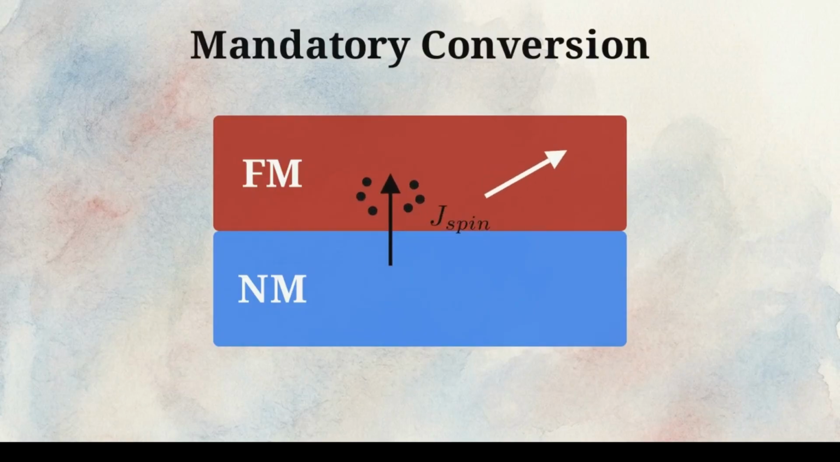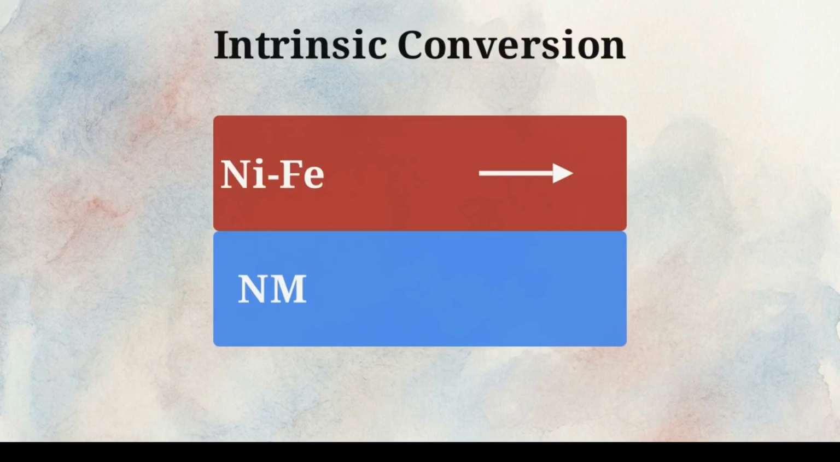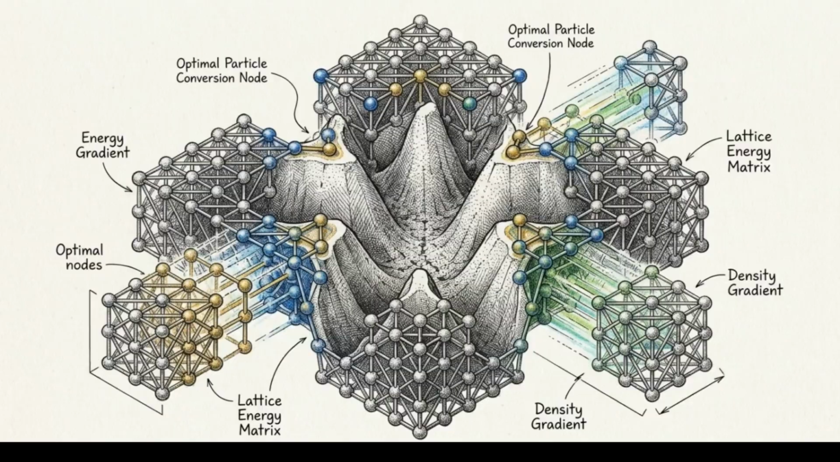The first pathway for this transformation is intrinsic conversion. This occurs natively inside ferromagnets with specific symmetries, such as nickel or nickel-iron alloys, where the material itself handles the translation from orbital to spin momentum. The second pathway is interfacial conversion. This utilizes a distinct inserted conversion layer sandwiched between the non-magnetic generator and the ferromagnetic target. Materials with extremely high spin-orbit coupling, such as platinum or 4f transition metals, act as highly efficient transducers for the